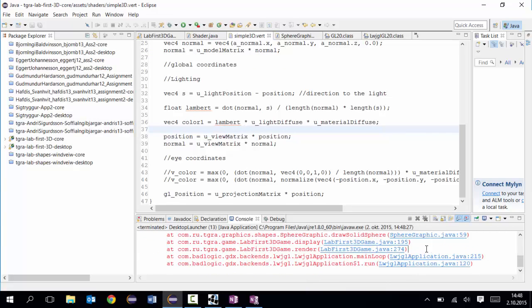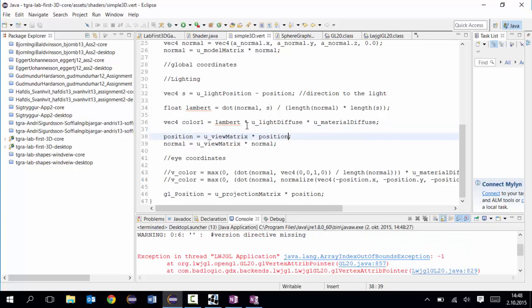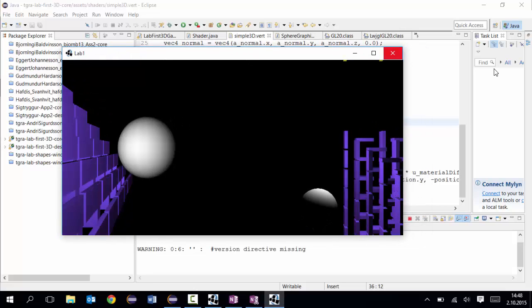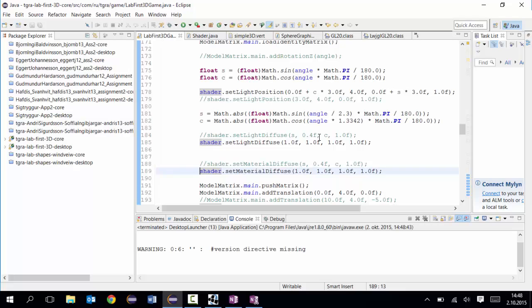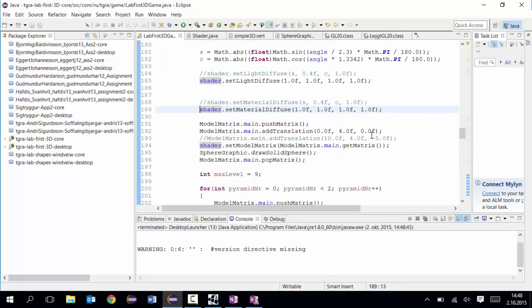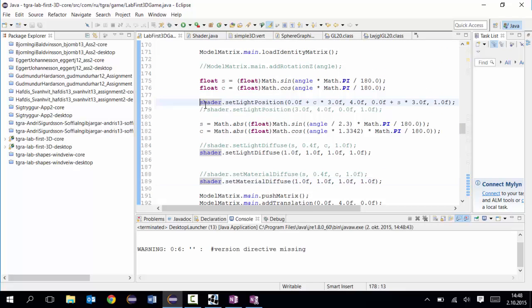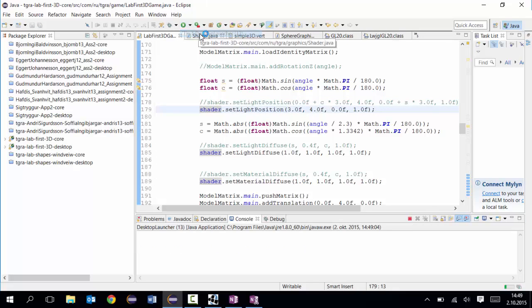Nope. Okay, out of bounds. I'm doing something wrong now. Yes, color 1 doesn't exist. No, V color was never set. That's the V color here. Okay, so that's nice. Let's fix the light to a position again. Fixed position for the light, and let's look at